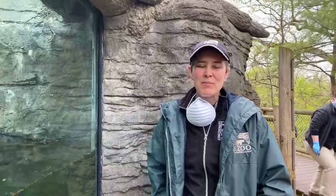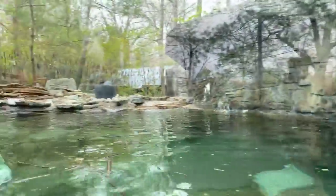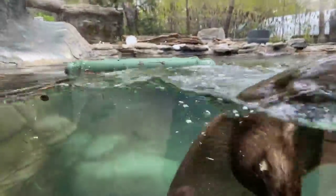Hi everybody, welcome to our home safari for today. My name's Lisa and we're down here with our North American river otters down in Wolf Woods, and we've given them a bunch of ice treats to play with right now. We made a bunch of balls and things for them to mess with, but they're more curious about people at